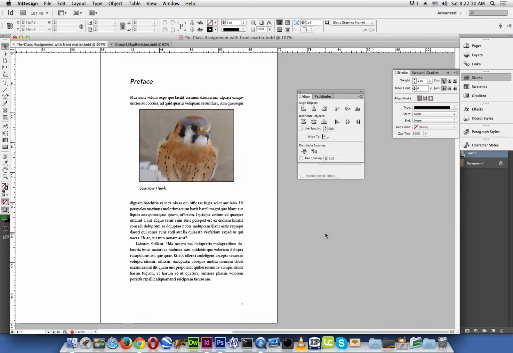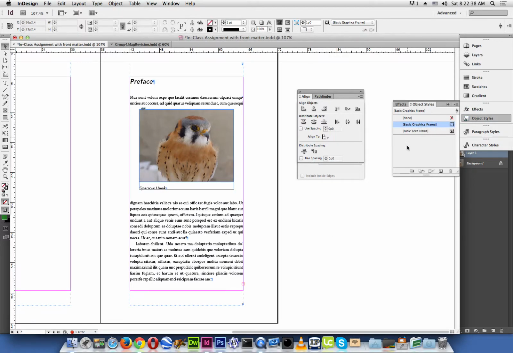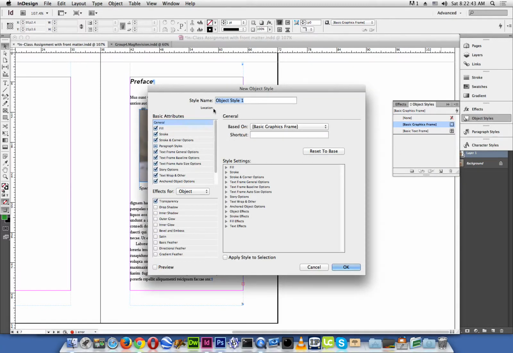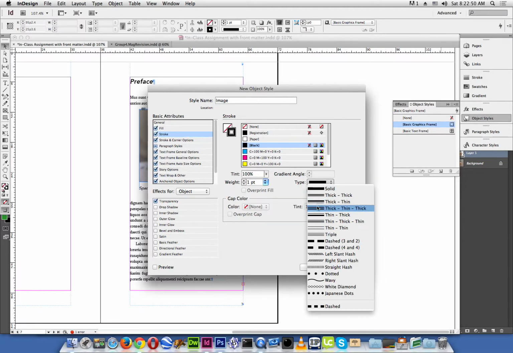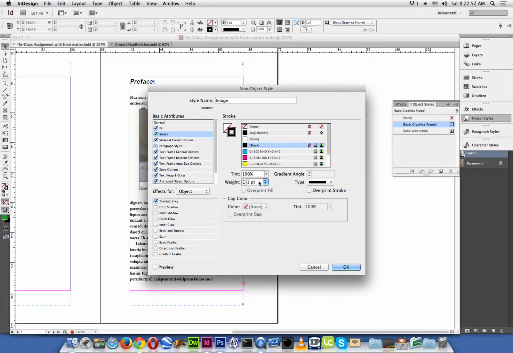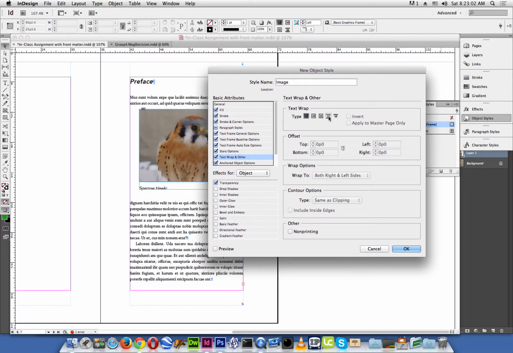If I wanted that to be the case for all of my images, and I'm working with a lot of images, that can get pretty tedious to do. So what you want to do is create an object style for your images and for your captions. If I create a new object style, I can apply that same stroke that I like, so it's a weight of 1, and you can choose whatever type of stroke you like, also whatever color, etc. We'll just stick with a 1-point weight and just a regular black stroke. You can also apply your text wrap here. So this is my image text wrap, and I decided to go with jump object for my images and